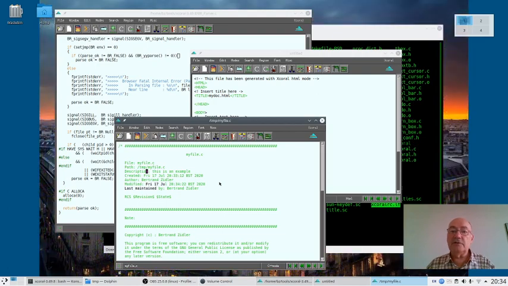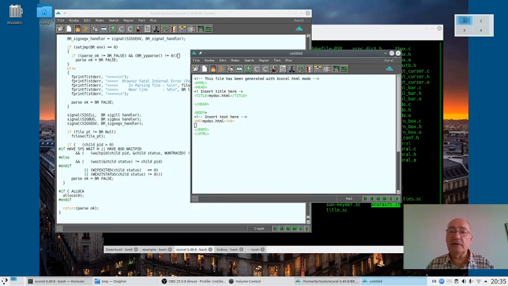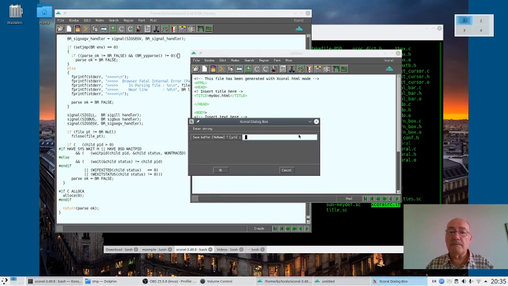It's interesting if several people are working on the same project to know who last modified the file and when, and who was the author as well. So we can close this file, close this one. We say no, we don't want to save it.